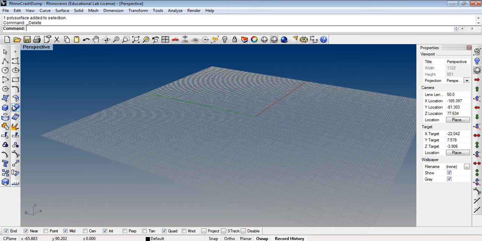So this is called Boolean union. This option was called Boolean union. Okay, this is called project to surface. Okay, to use this option you have to draw something in your page, like this,